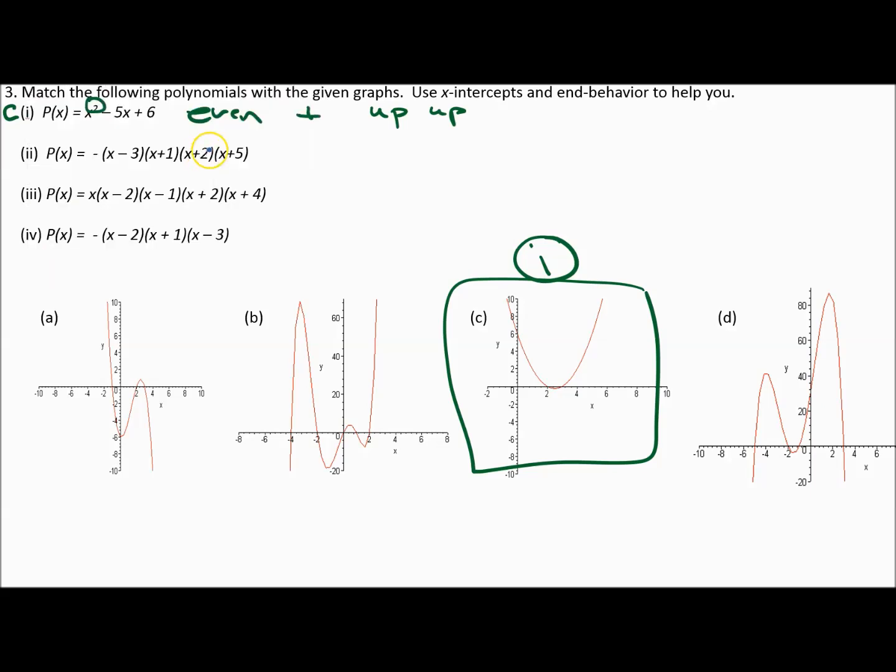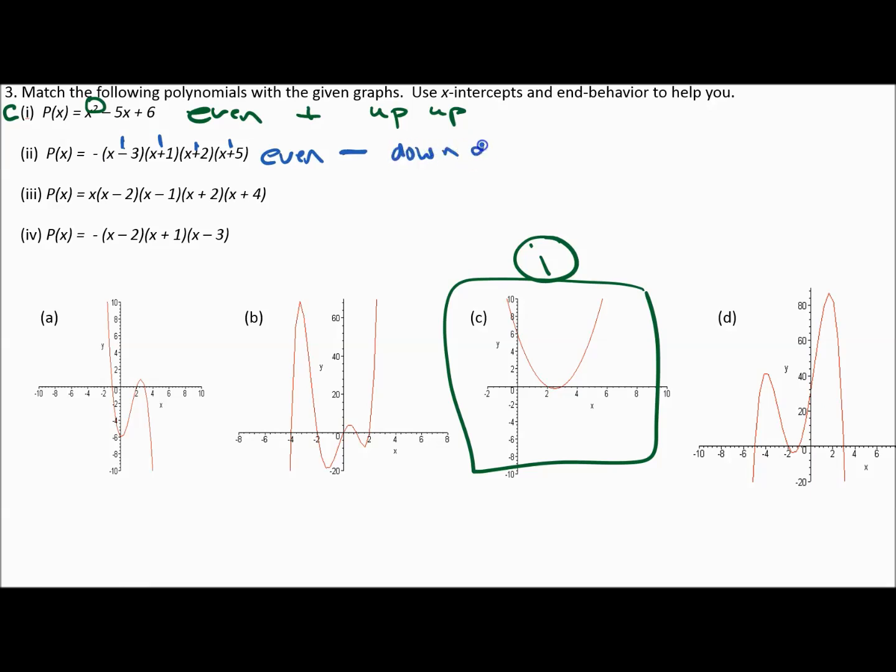Okay, so our next polynomial is number 2, p of x is negative x minus 3 times x plus 1 times x plus 2 times x plus 5. This is in factored form. So the highest exponent is not just 1. That is not the degree. We would have to add all these together. So I've got 1 here, plus 1 here, plus 1 here, plus 1 here. So that is a degree 4, which is an even degree, and then a negative leading coefficient, which means both